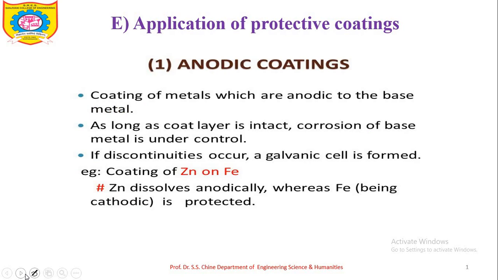So anodic coating and cathodic coating that we have to discuss. So in any type of coating, there are actually three steps. First one is a removal of grease. That means whatever the grease or oily substances present on the surface of metal that we need to remove. Then removal of oxide scales, rust and corrosion product.